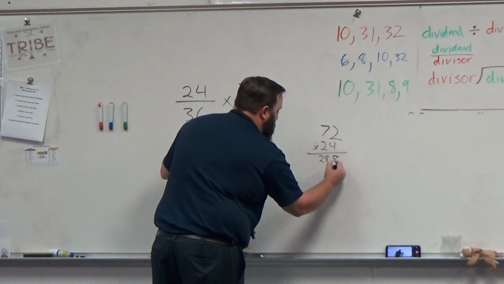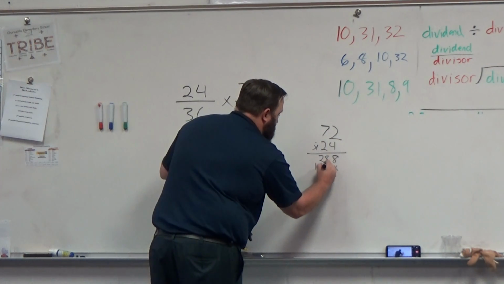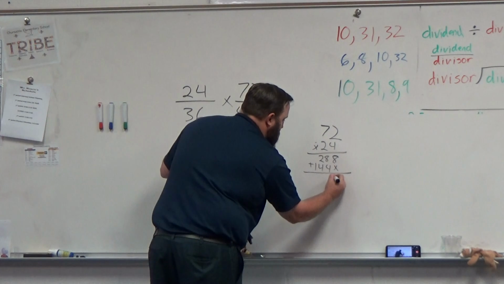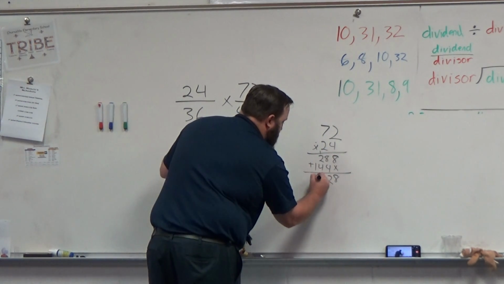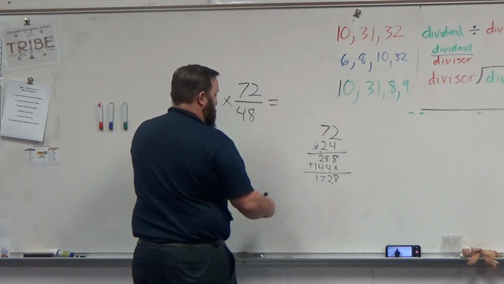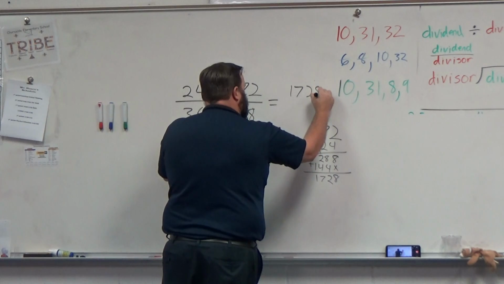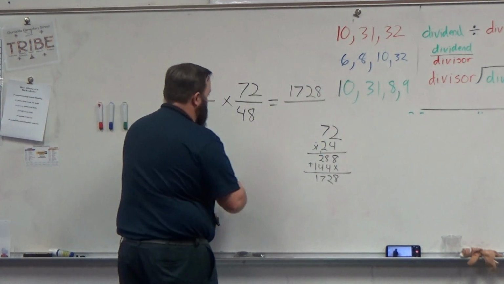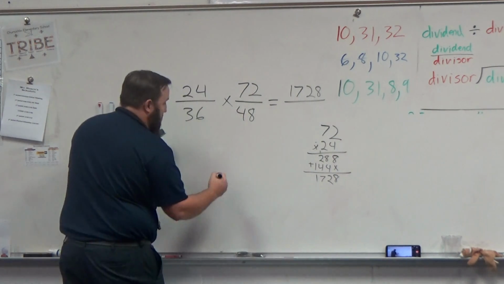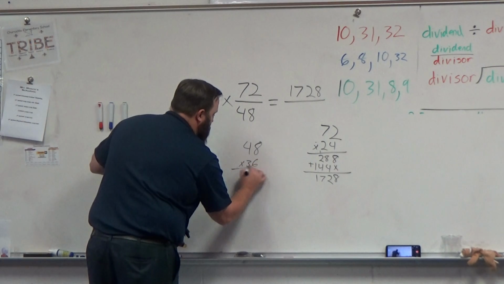28, so that's 7 times 4. Placeholder, 2 times 2 is 4, 2 times 7 is 14. Now add that up, 8, 2, carry my 1, 6 plus 1 is 7, and 1. So that would give me a numerator of 1728, and then my denominator, I'd have to do the work for that one as well, so 48 times 36,